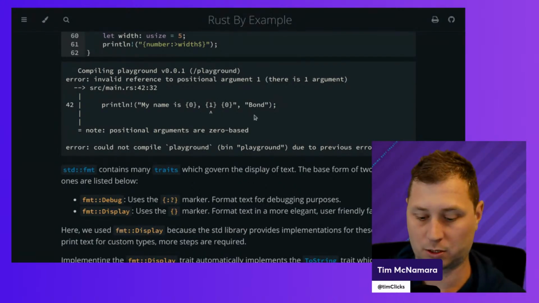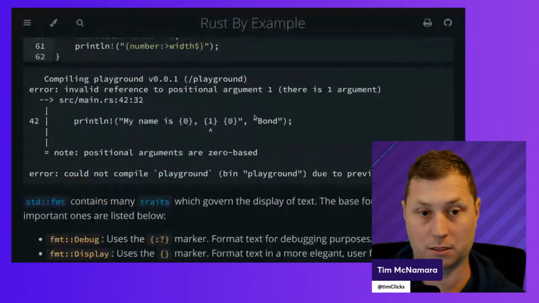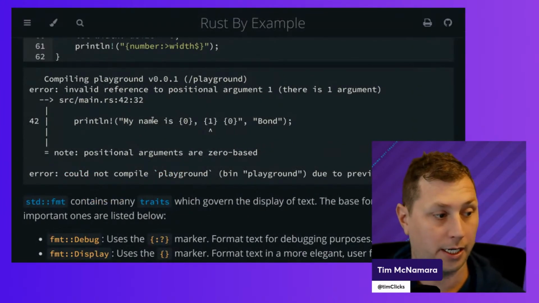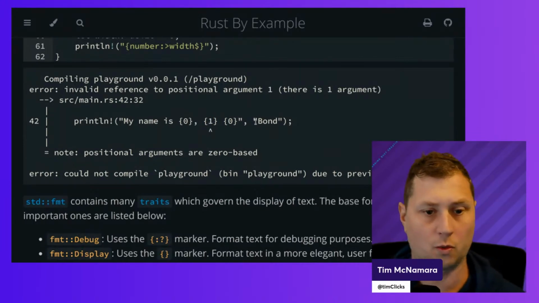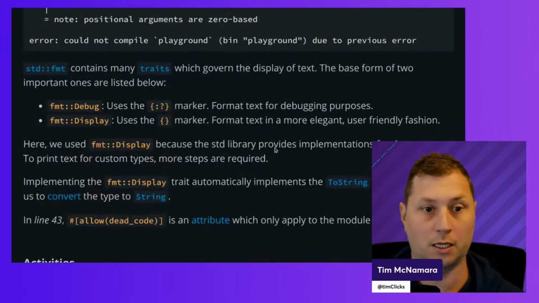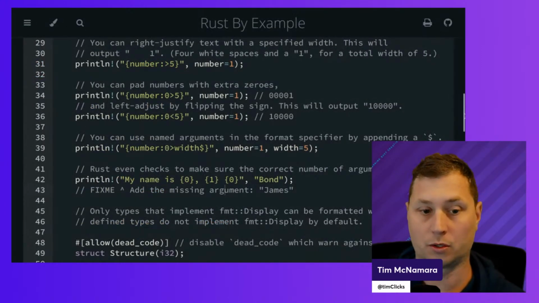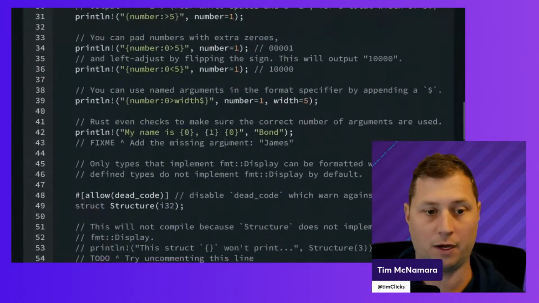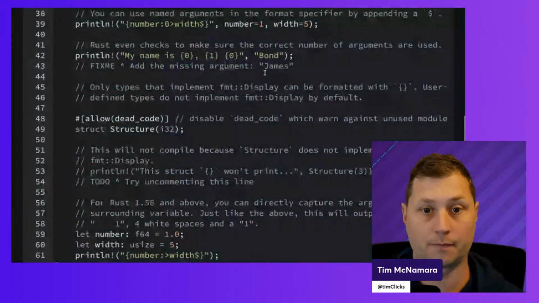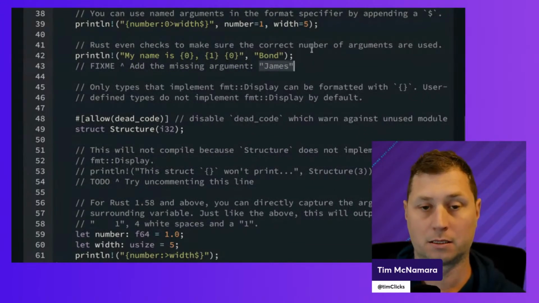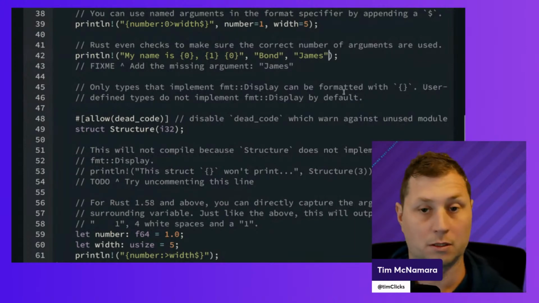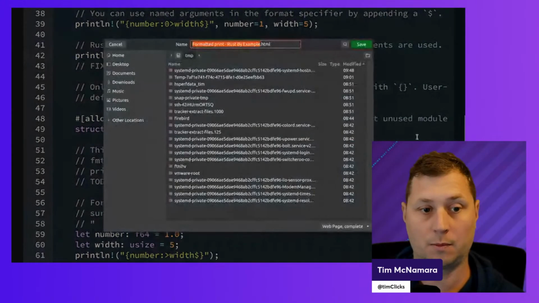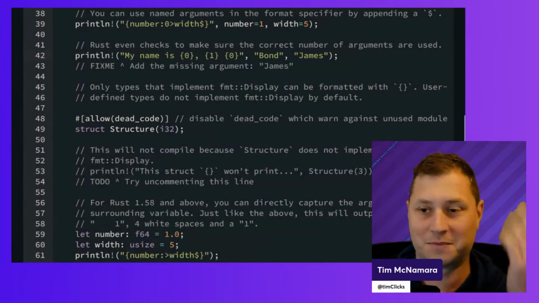I'm sorry, this is a bit small. I might try and increase it. And so I asked for a 1. We don't have one. So what should we do? We need to go back to the code with James Bond. If I can find it, it's up here. And I need to add in, so I've got Bond, but I don't have James. So now if I recompile,